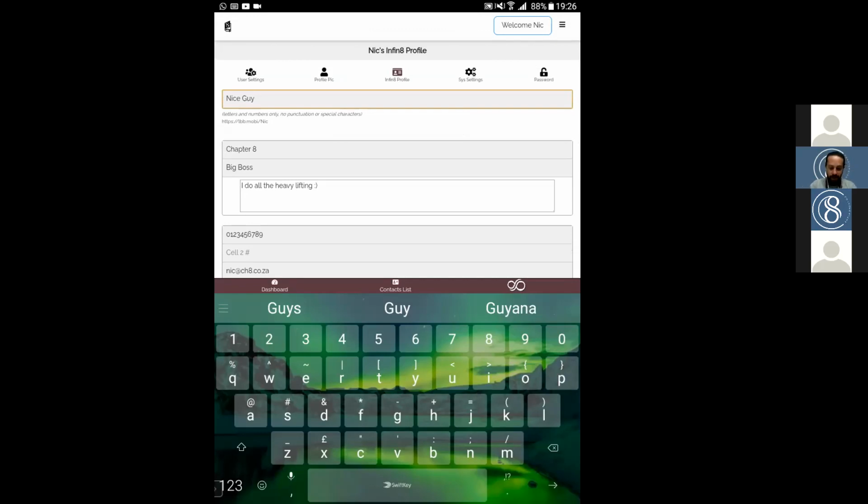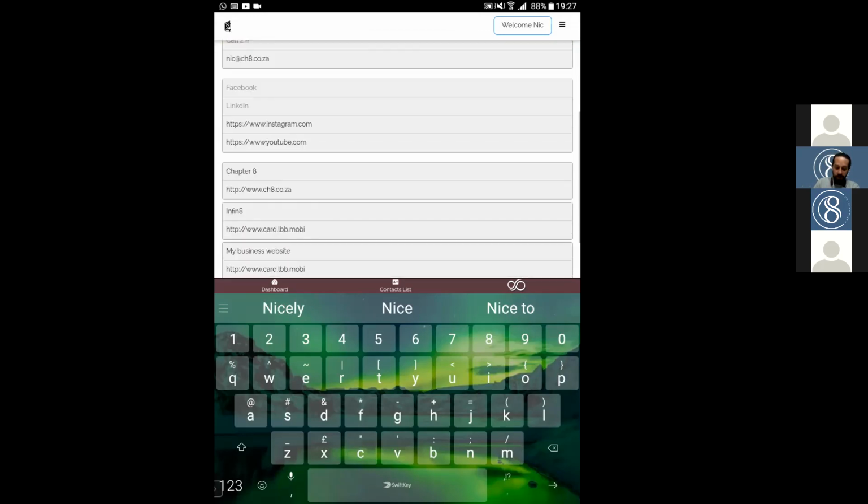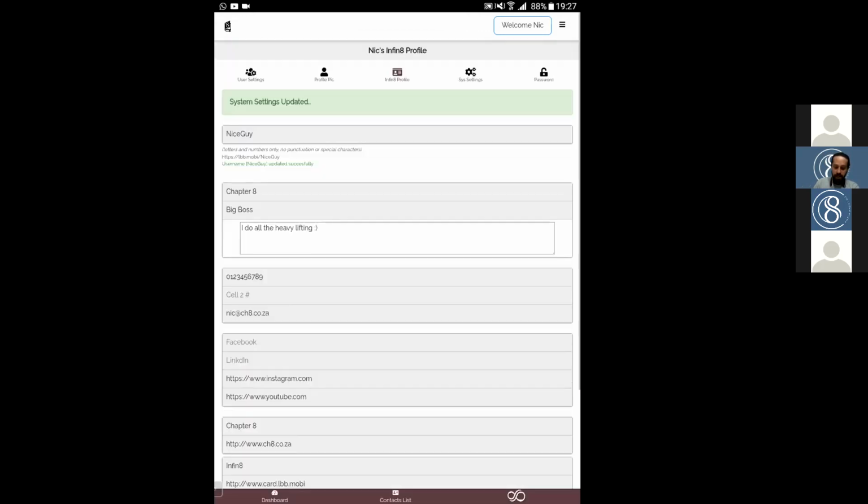So why is it asking me to match the format requested? Because it doesn't want us to leave any gaps in there. It wants us to leave one word, nice guy. And if I go and update that, that will then change it successfully. So you'll see my system settings have been updated. And now if I send my link, it will be lbb.mobi/nice guy,